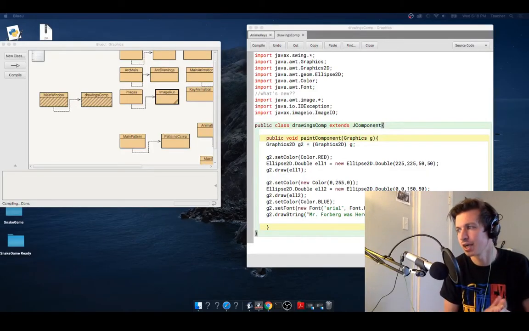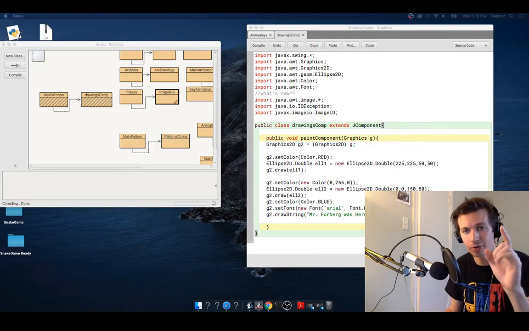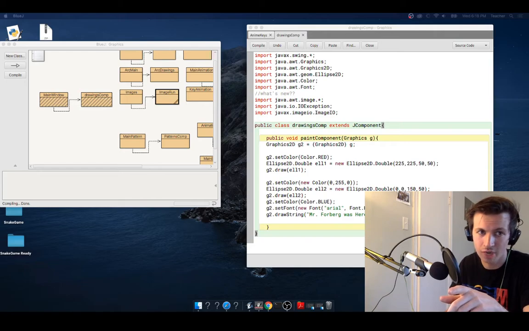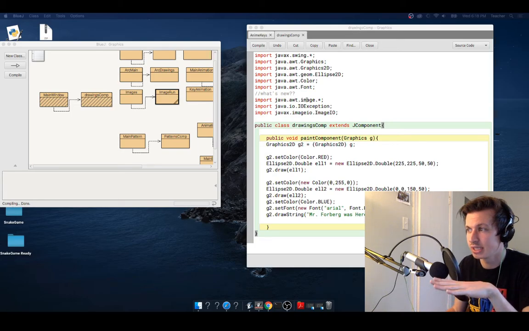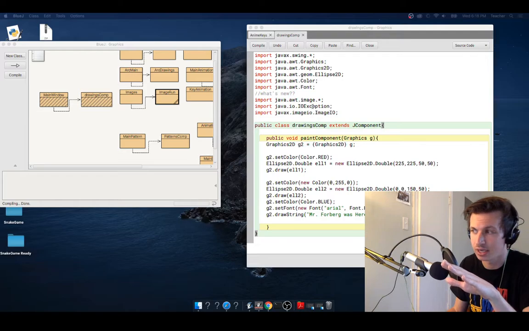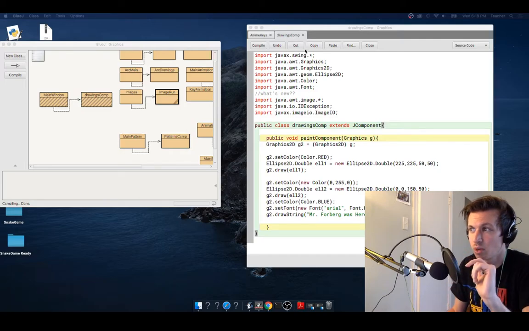All right, future photographers, we are going to be looking at how to add images into Java. The first thing I want to point out is that I have imported the Java AWT image files, an IO exception, which is a try-catch technique that I will show you in a second, and then ImageIO, which will help us render these images, as well as I changed this javax.swing to an all, because